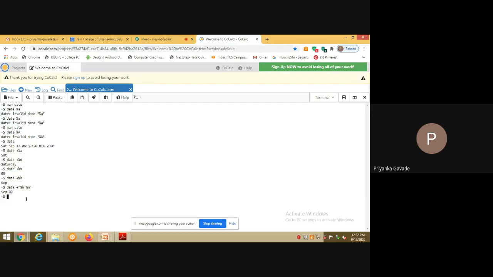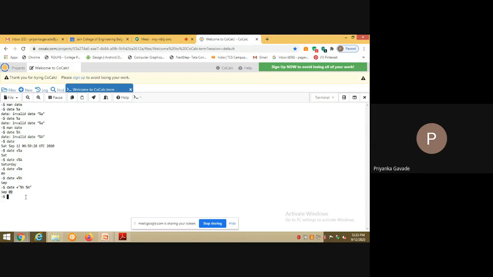So there are other format specifiers also that can be used with this command date. If you want, you can make a note. You can make use of the format specifier percentage D, which shall return the date of the month, right? And percentage Y shall return the last 2 digits of the year.